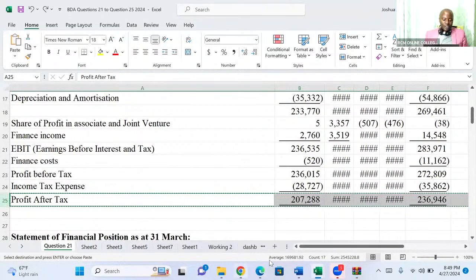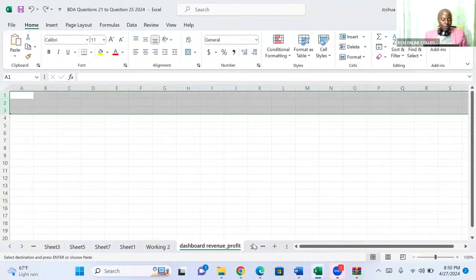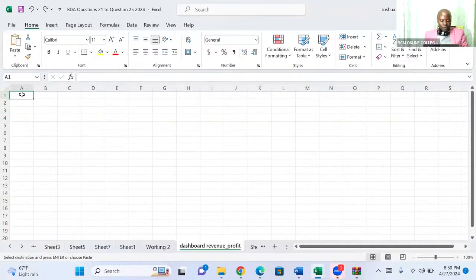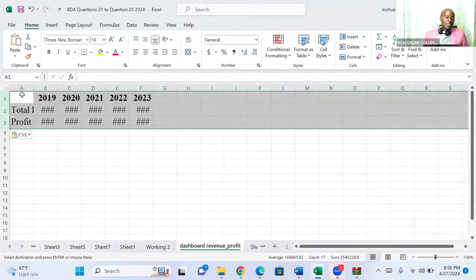And then I go to this new worksheet of mine, I'm calling Dashboard, Revenue and Profit. Already they have it there. So it is Control V. Control V is Control what here? Paste. Control paste. Now, once I do that, ladies and gentlemen, I'll be able to come and, of course, expand to see the